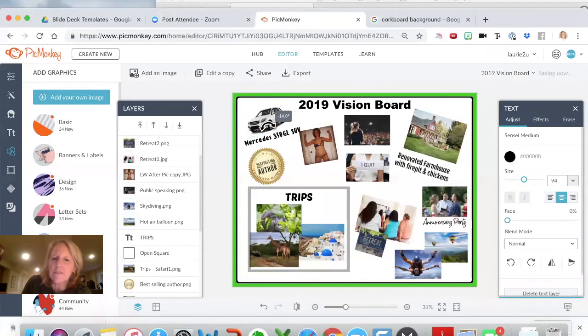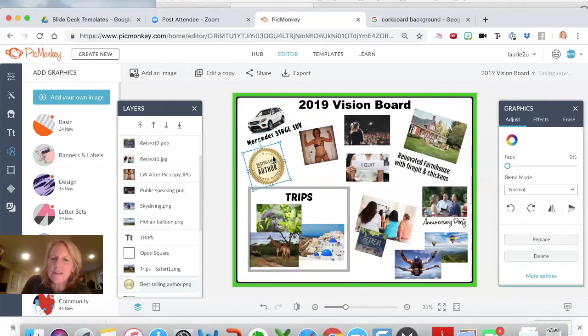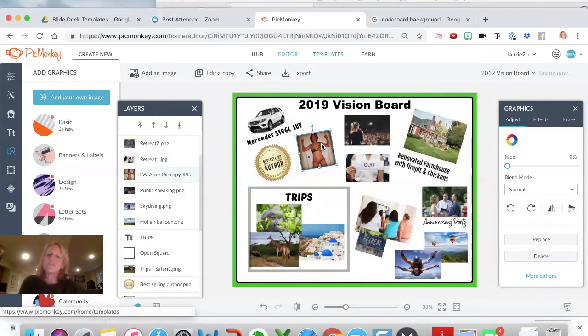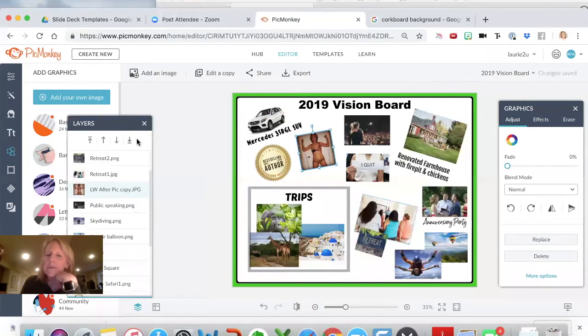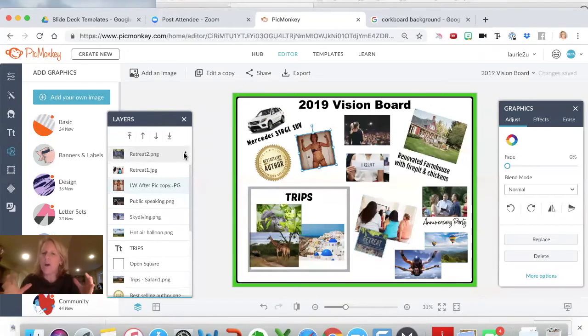See, I'm just clicking on these various things and moving them slightly, getting them recentered, and move this a little down here. And I'll go back in and add some text in some of these different places and move things around. But this is the basic, this is what you can do from a basic standpoint. You get everything written down and visual. Now when I go and look at this, I'm going to be reminded of all those things that I want to do.